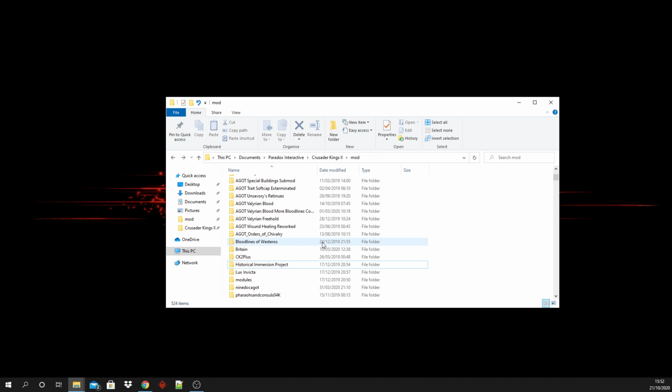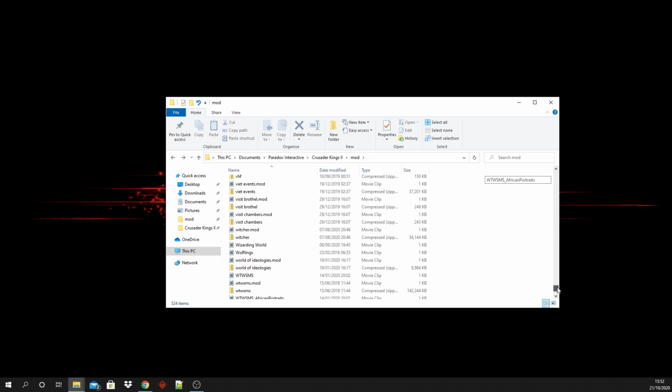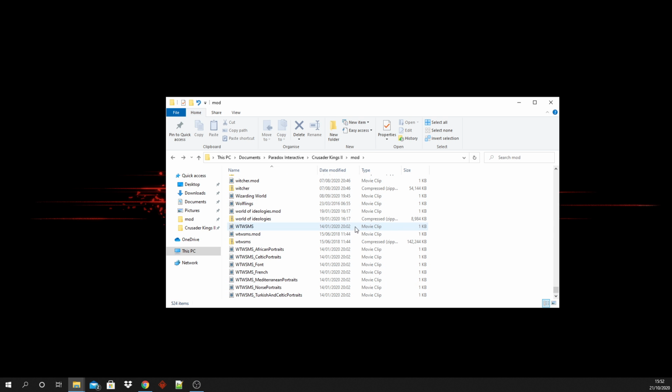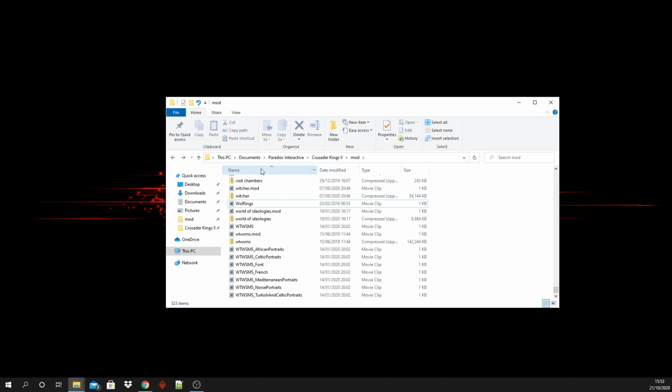You want to delete that, and you also want to delete the .mod file, which looks a bit like a media file. You will find it here. It's called Wizarding World, or again, something similar to that. You will want to delete that as well,